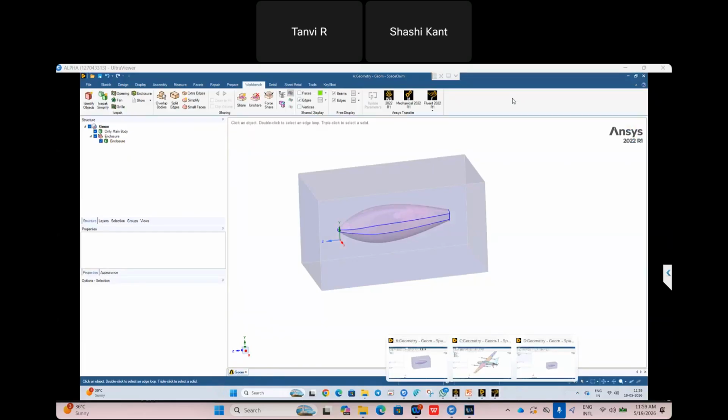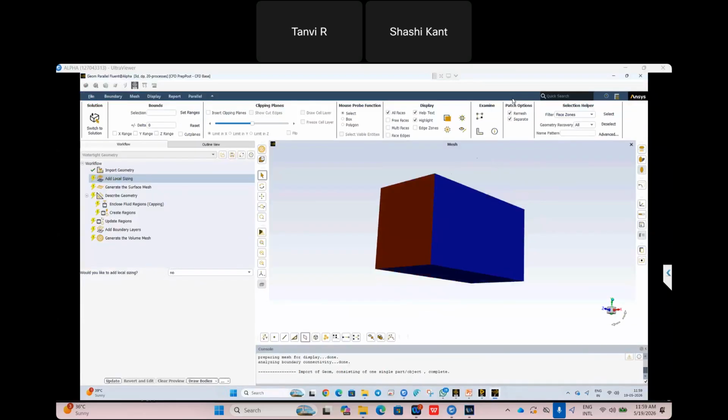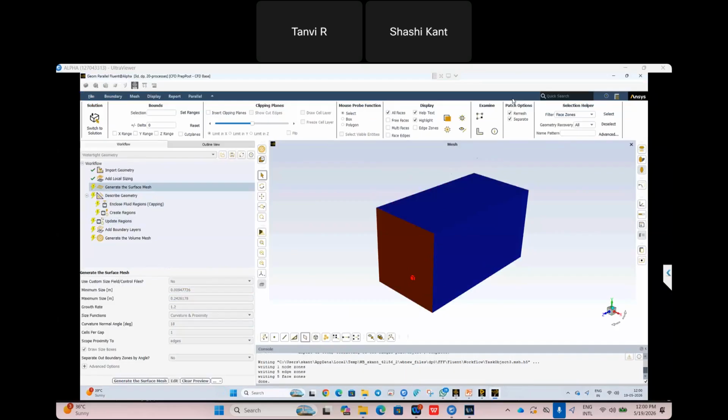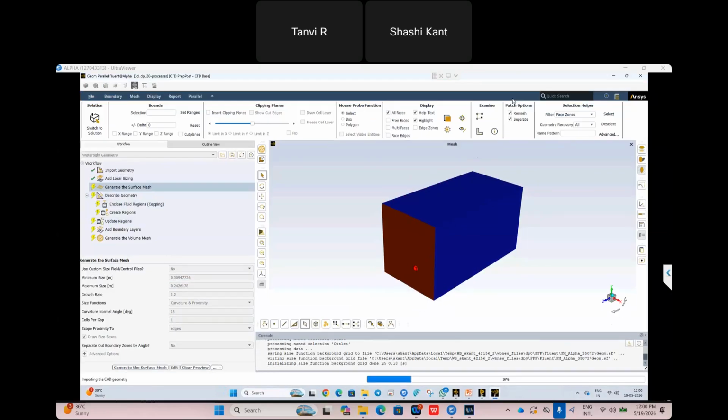This is important for the meshing. I will do the meshing very fast. So we have a geometry-tight meshing. This meshing can help you do meshing very fast. The mesh is also very lightweight, which can be solved very fast. So here you can import big geometry which has more than 1,000 or 2,000 components. Huge components can be there. The meshing can be done very fast using this process.